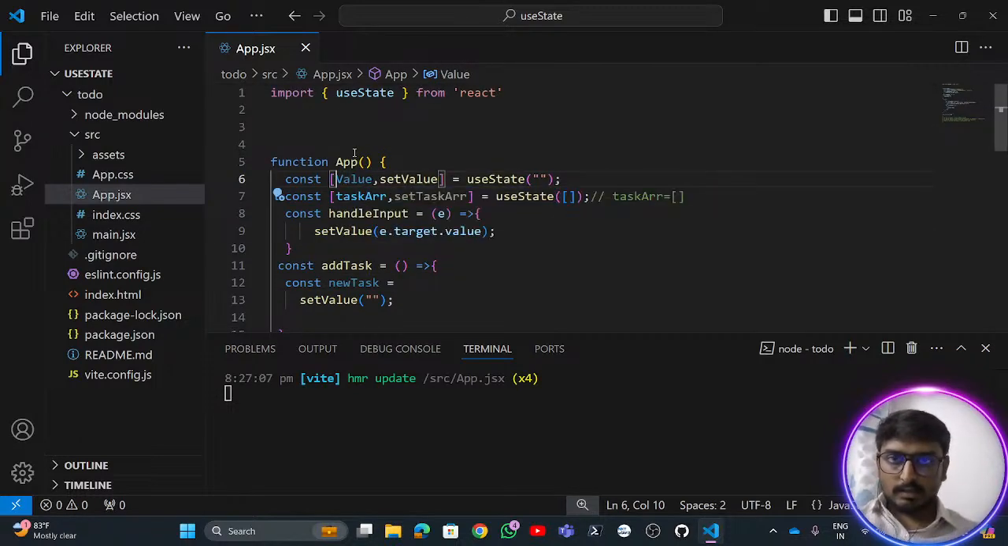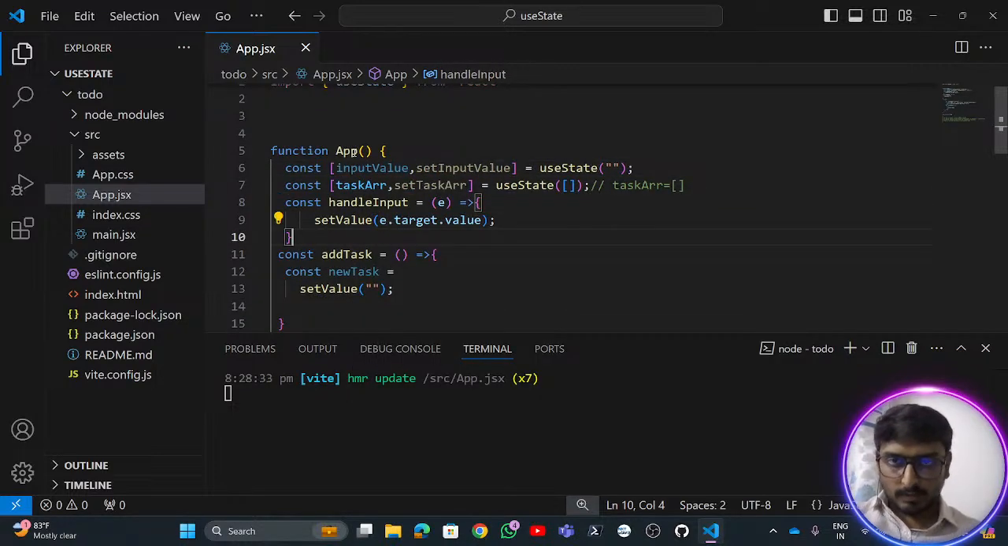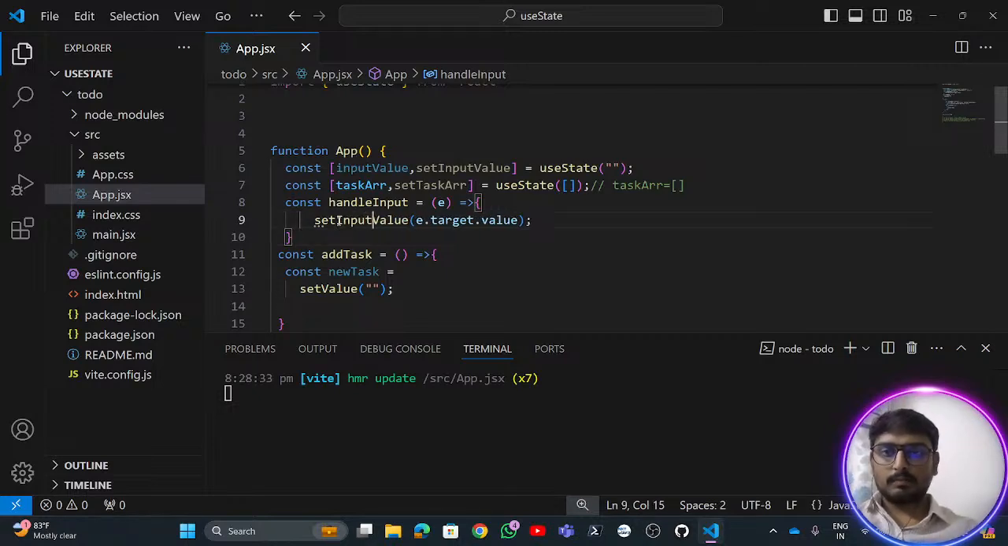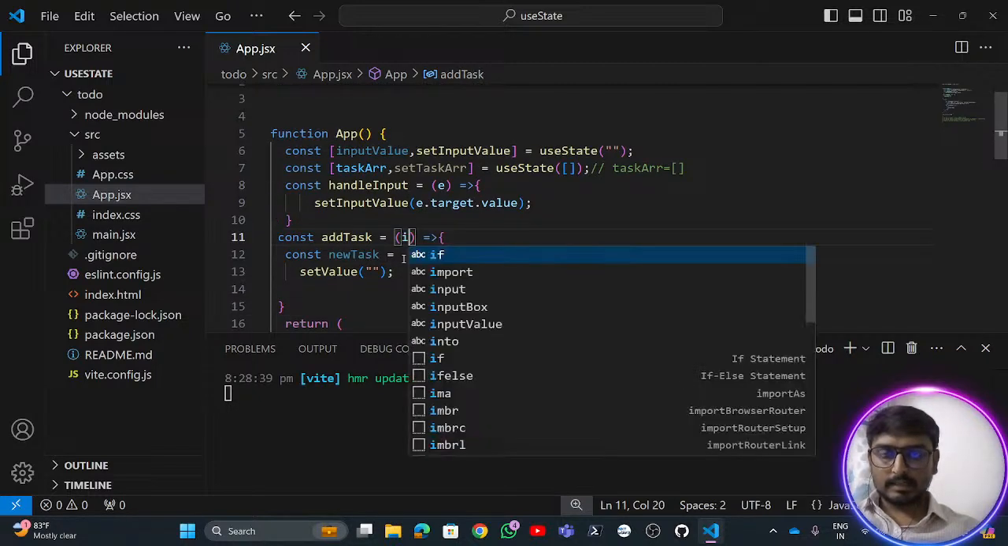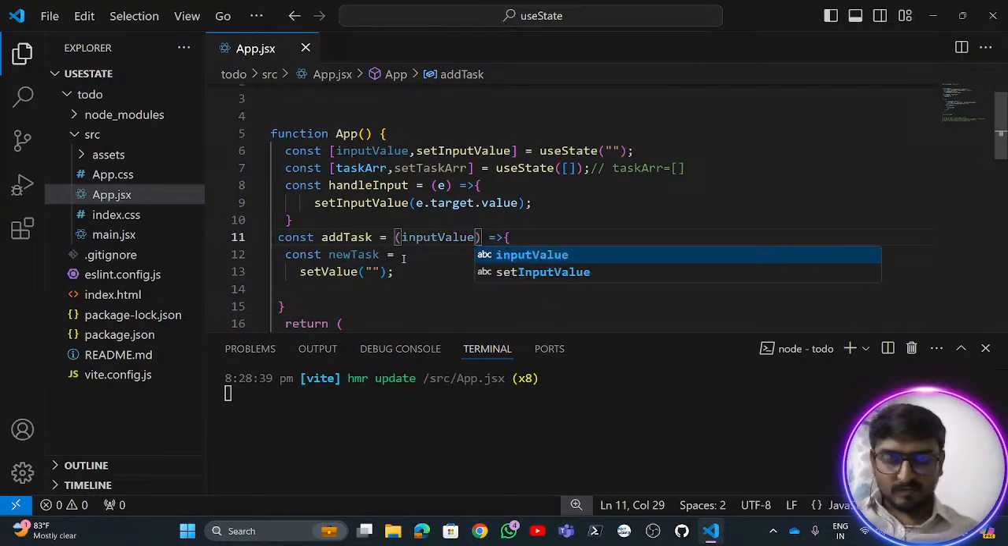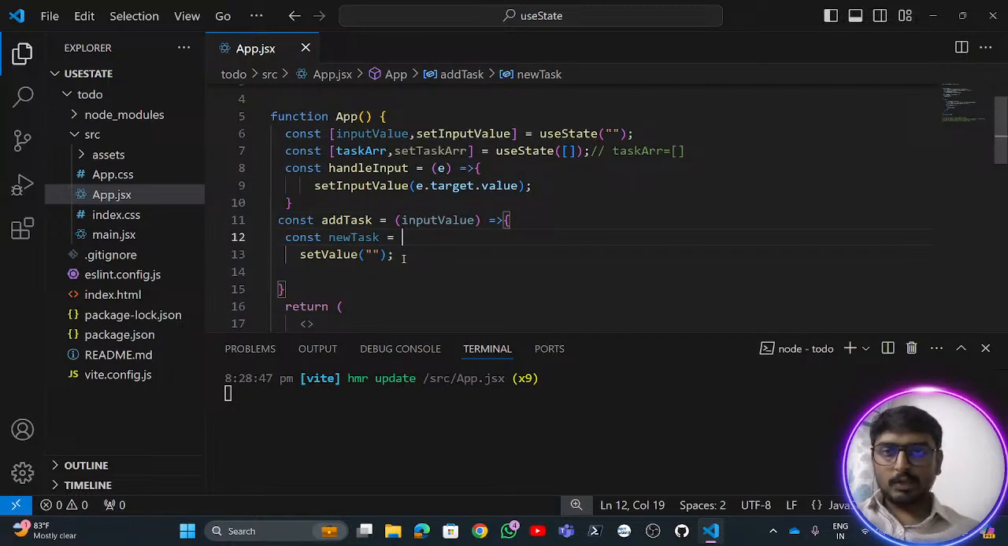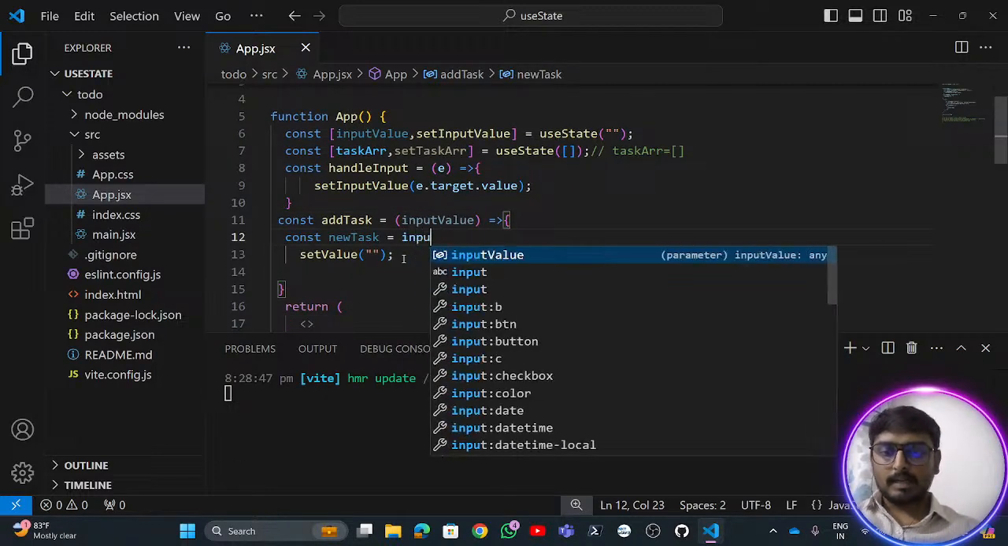Let's say instead of writing it as this thing, I'll say input value. Set input value. So that would be perfectly fine. Instead of writing it as set, I'll say set input value. Now for this given task, I'll send this input value as an input, and when there is a new task, I'll just say create this input value,